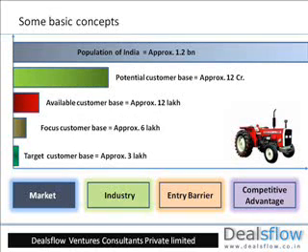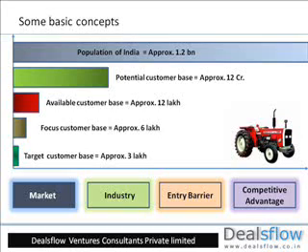Market. It is a group of consumers who are interested in the offering, have a requirement for the same, with sufficient resources to purchase it. To help you think about the same, we can take the example of a company trying to sell tractors as a product in India. If we need to look at the market for them, it can be overall India, which is almost 1.2 billion population.